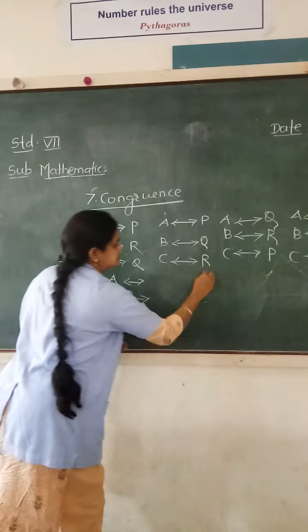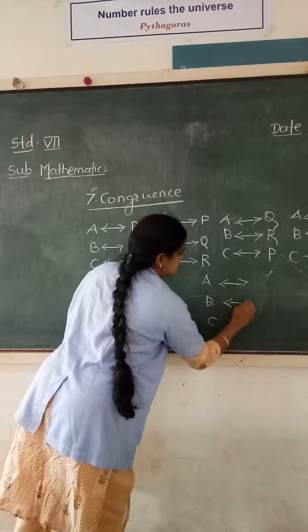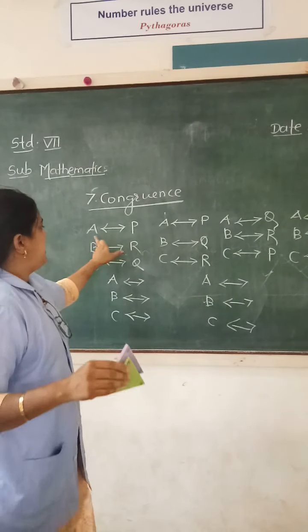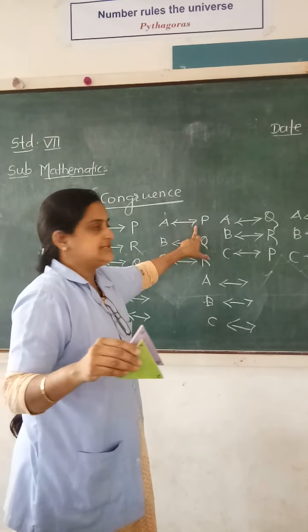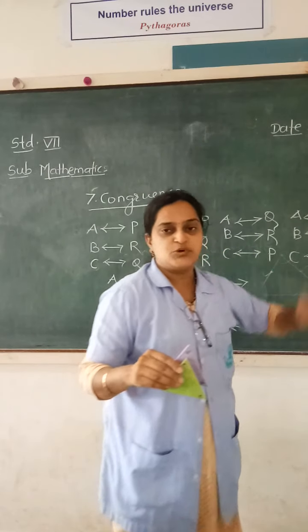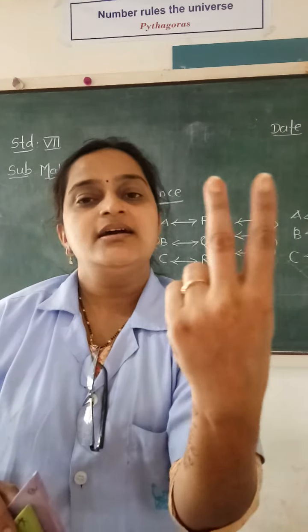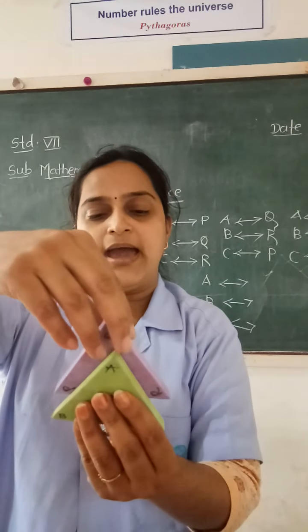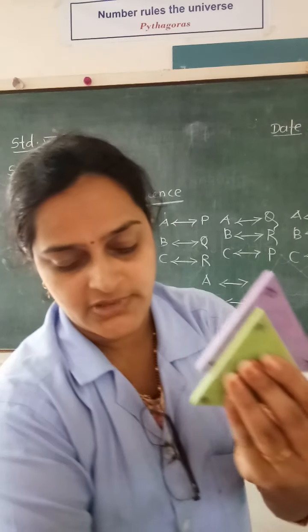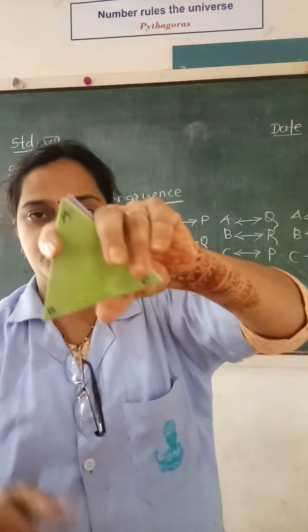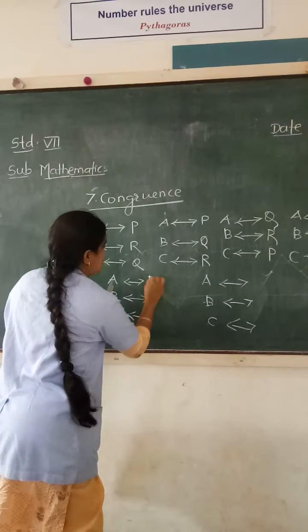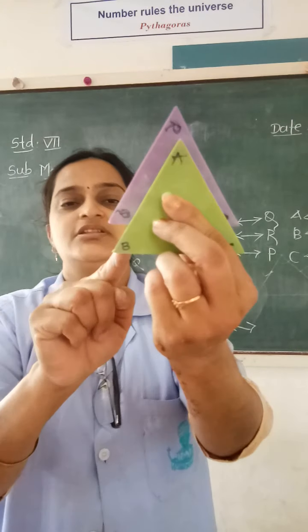Let me try. Okay. See here. Now here A corresponds to P, I considered two times. A corresponds to Q, I tried both the rotations. As it is a plane surface, two rotations are possible, this way and this way. Now I will match R to P. R matches to P, see, they are congruent, you can see this exactly. R matches to A. A corresponds to R, and in this position B corresponds to Q and C corresponds to P.